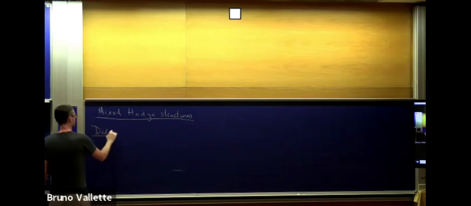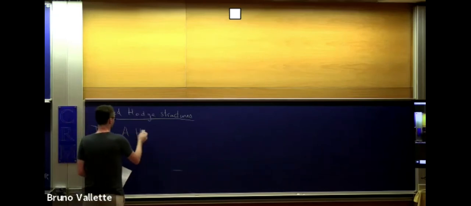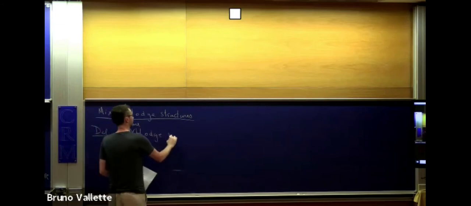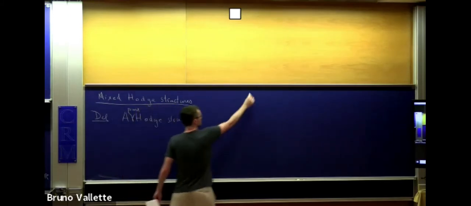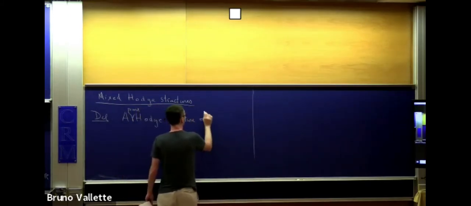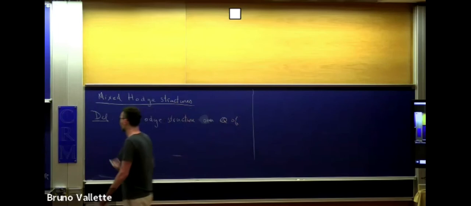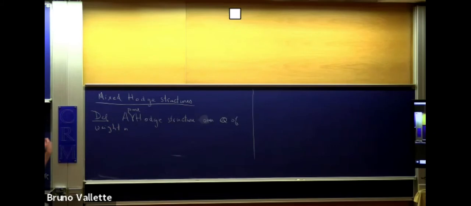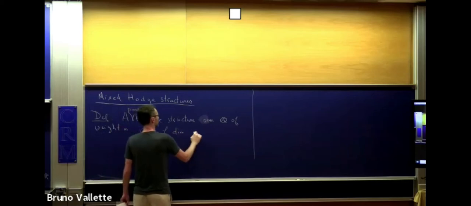So let me start with the definition. A Hodge structure. I'm going to start by defining a pure Hodge structure, say over Q, of weight n. It is a finite dimensional Q vector space